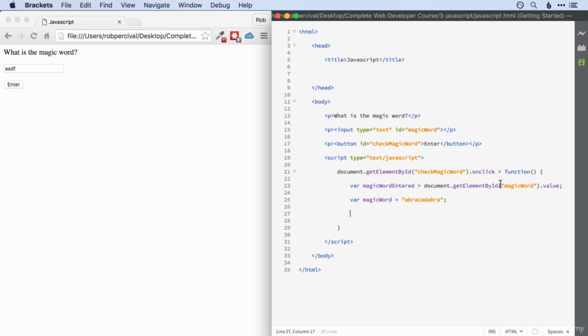And now what we want to do is set up our if statement. And it's pretty straightforward, hopefully. So if, and then parentheses. So if magic word entered is equal to, and remember we need the double equals because we're checking whether or not it's equal to rather than setting it equal to. So if that's equal to magic word, we'll just alert something like,